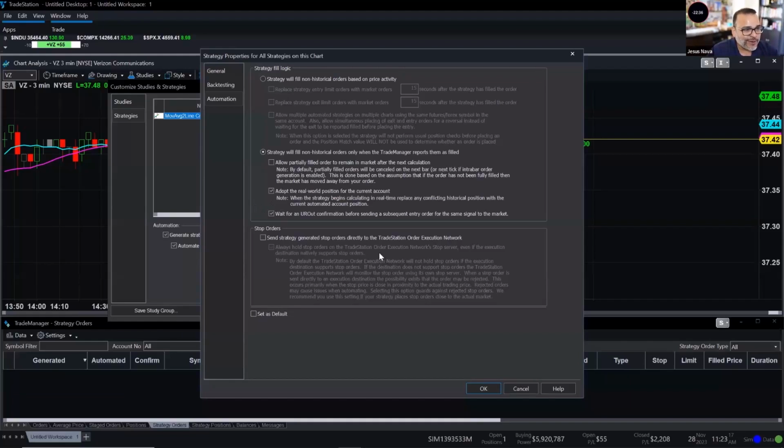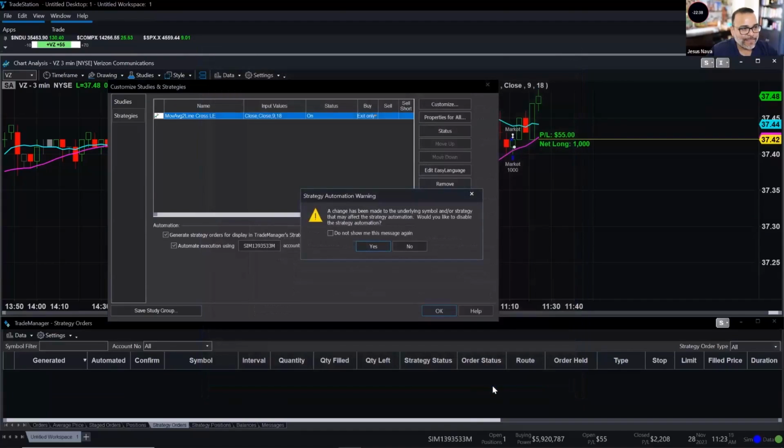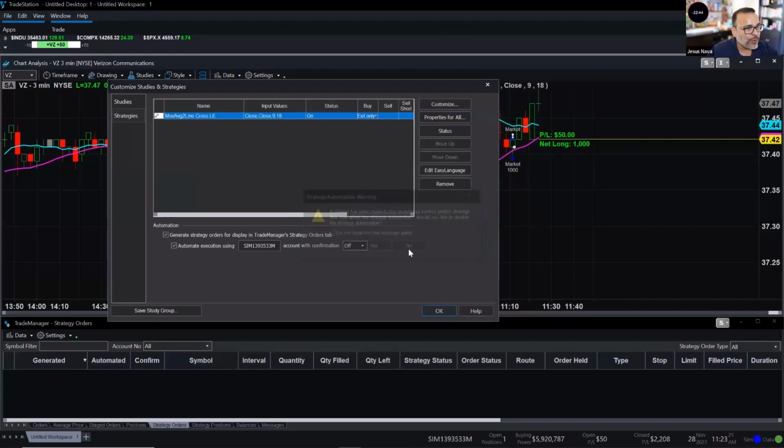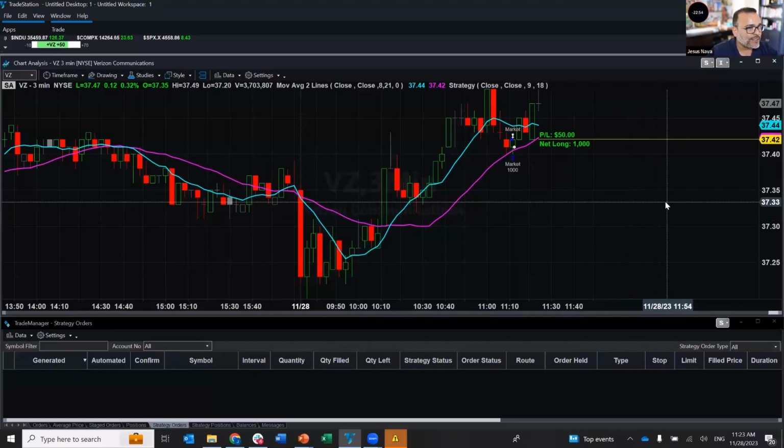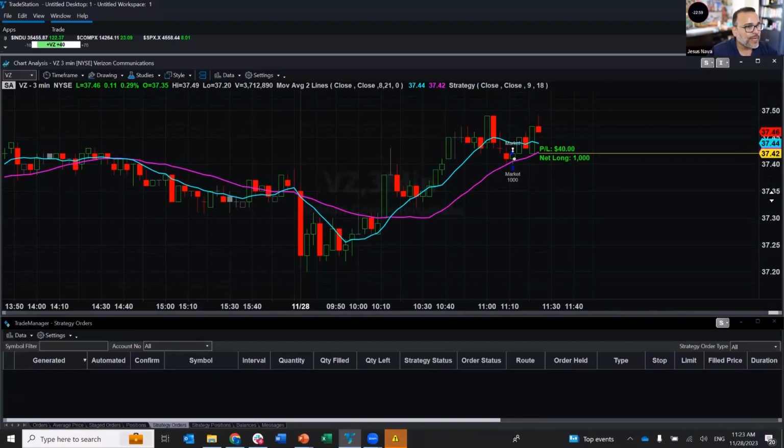I'm just going to turn that on. I'm going to click OK. It says a change has been made. It says, would you like to disable strategy automation? No. So automation is still enabled. I'm just going to click OK. As soon as I do that, let me see what happens here, because it should have adopted my position. Let me go ahead and squeeze. I don't see